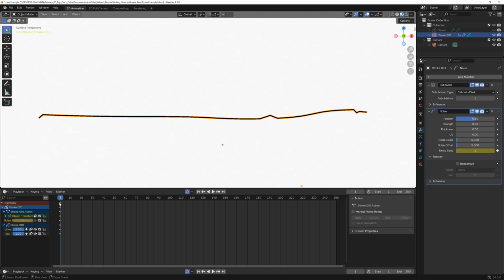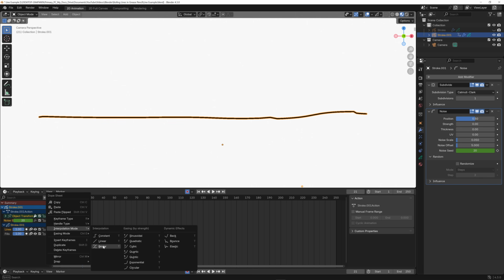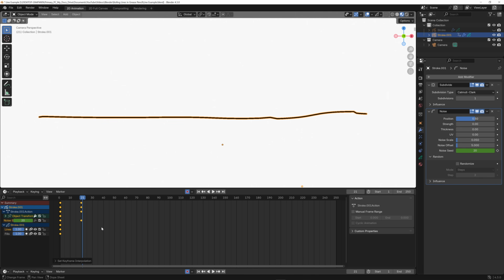So now I've got a keyframe set for noise seed number 1, and I'm on frame number 1. Let me go to frame 20. I'm going to click this diamond to set another keyframe, and I'll click in here and change it to 20. So you see how it's just jumping? I don't want that. So let me click and drag to select those. I'm going to go to interpolation type and go to Bezier. So now if you look over here to the right where it's green, as I drag this, you can see that number changing. And that's what we want.